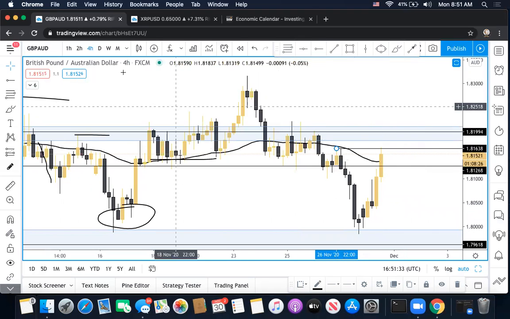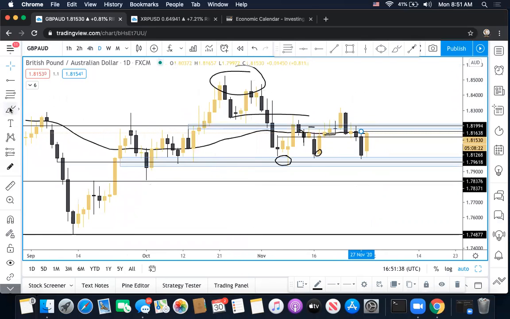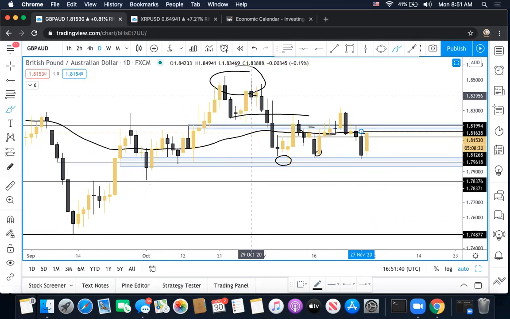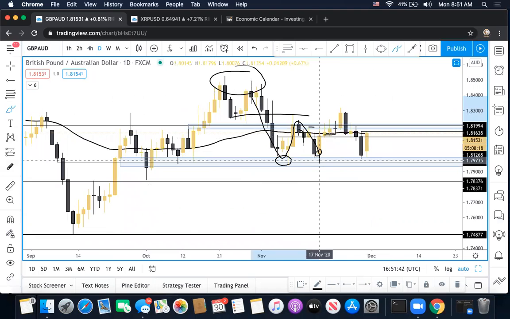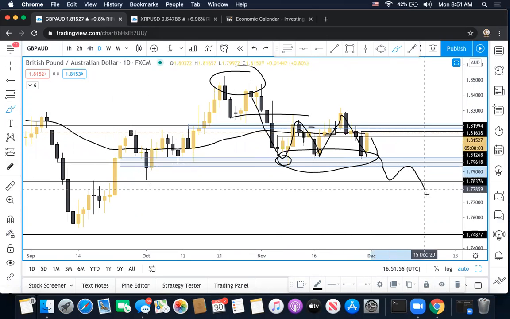But now if we cannot break above 182, then I would just look at this as a breakout retest to possibly go lower. And even on the daily time frame, you can clearly see the market found resistance, dropped, and tried to come down, but every time it tried to come down, it made a triple bottom down here and failed to break. So, like I said, if we cannot break above this resistance, then overall we're going to eventually roll over and break these lows, possibly retest and head over to the downside.